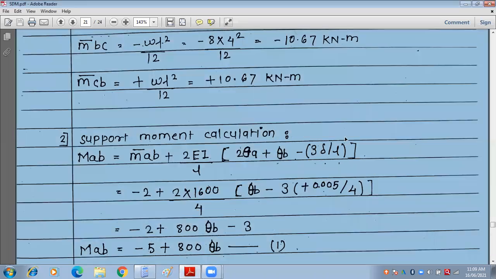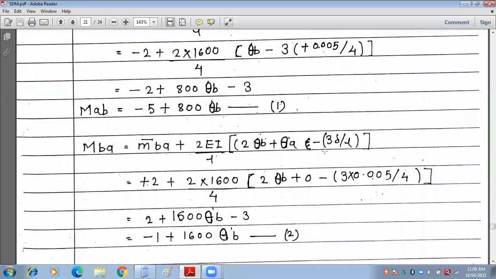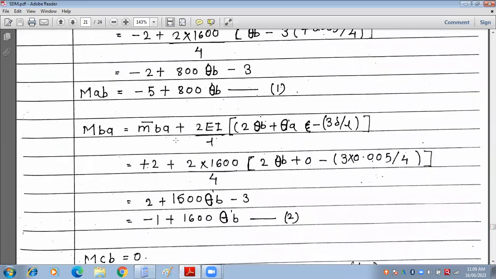Okay, now once you have getting this equation number 1, similarly you have to use the slope deflection equation for the BA span. It is again general formula, fixed end moment BA twice EI upon L into bracket 2 theta B plus theta A into minus 3 delta upon L, 3 delta upon L. Now here again this delta value is 0.005 divided by L is of 4, EI value is 1600, theta B value